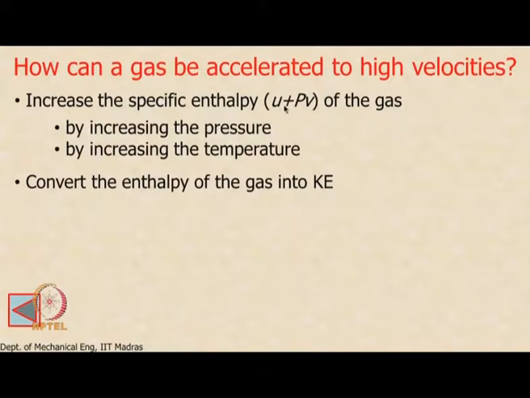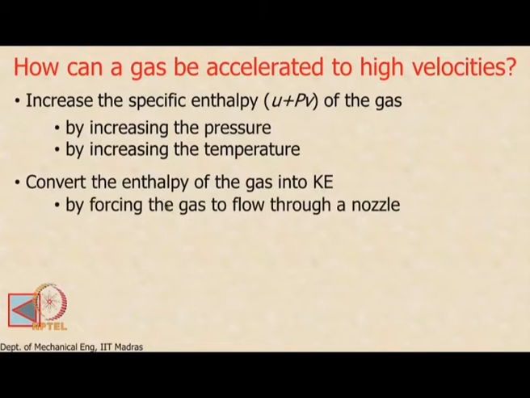So, how do I increase the specific enthalpy of the gas? If I look at the second term, I can increase the pressure and increase the specific enthalpy, right, or I can increase the internal energy. How do I increase the internal energy of an ideal gas? As you know, these are almost thermally perfect gases, so the internal energy depends only on the temperature. So, I increase the temperature, I increase the specific internal energy. So, basically the gas turbine engine does two things. It increases the pressure and the temperature, thereby increasing the enthalpy, and then converts the enthalpy into kinetic energy in a nozzle, right. How do we do this? We force the gas to flow through a nozzle where the conversion of the enthalpy into kinetic energy takes place,